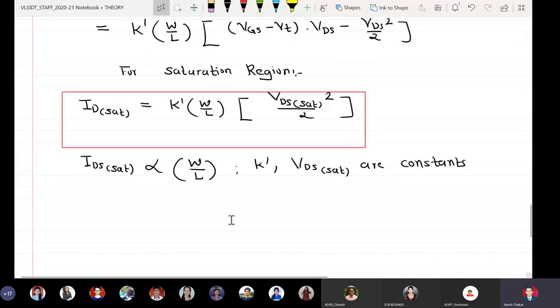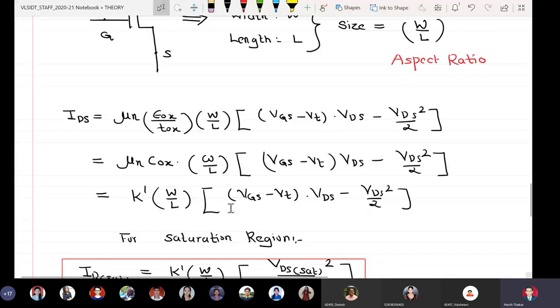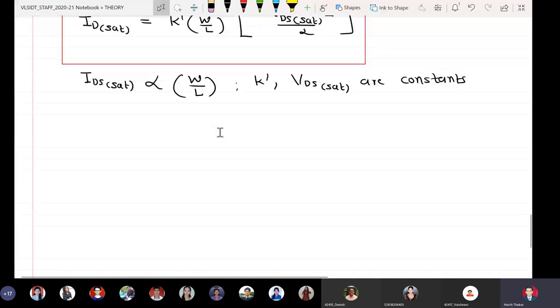So that means what? The current carrying ability of a MOSFET in the saturation region is directly proportional to W by L. Okay, so when I say larger transistors, it means wider transistors. Okay, so I can say